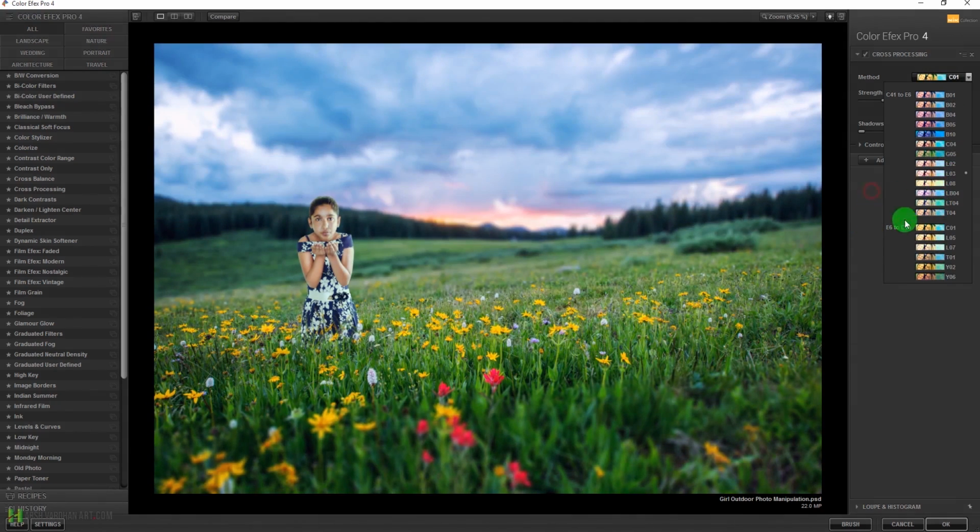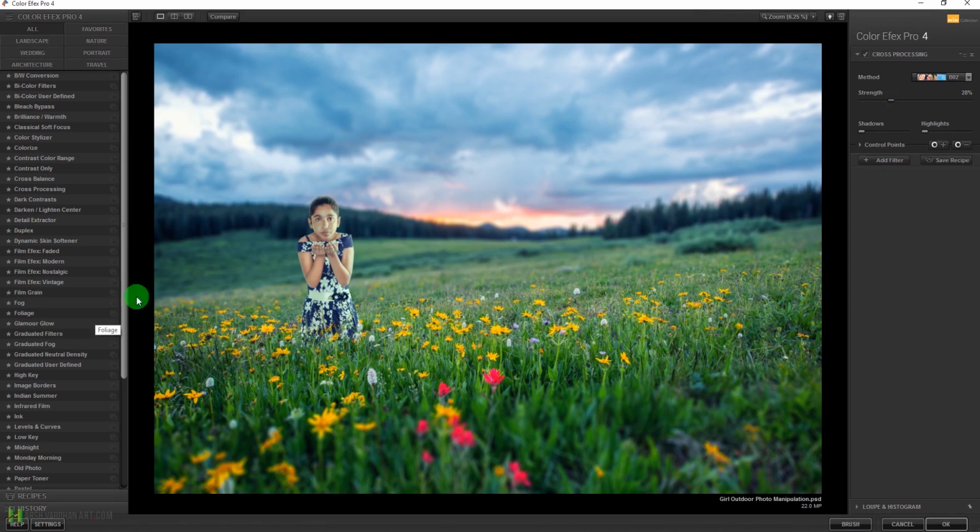Okay, but I think I will go for this one, and I can see the result by comparing it by pressing this compare button. Or let's see, let's try this one. I think this one is much better, so I can see by pressing this, and let's increase the strength. Okay, I think this one is fine, and I'm not going to use any other filter on this, though I